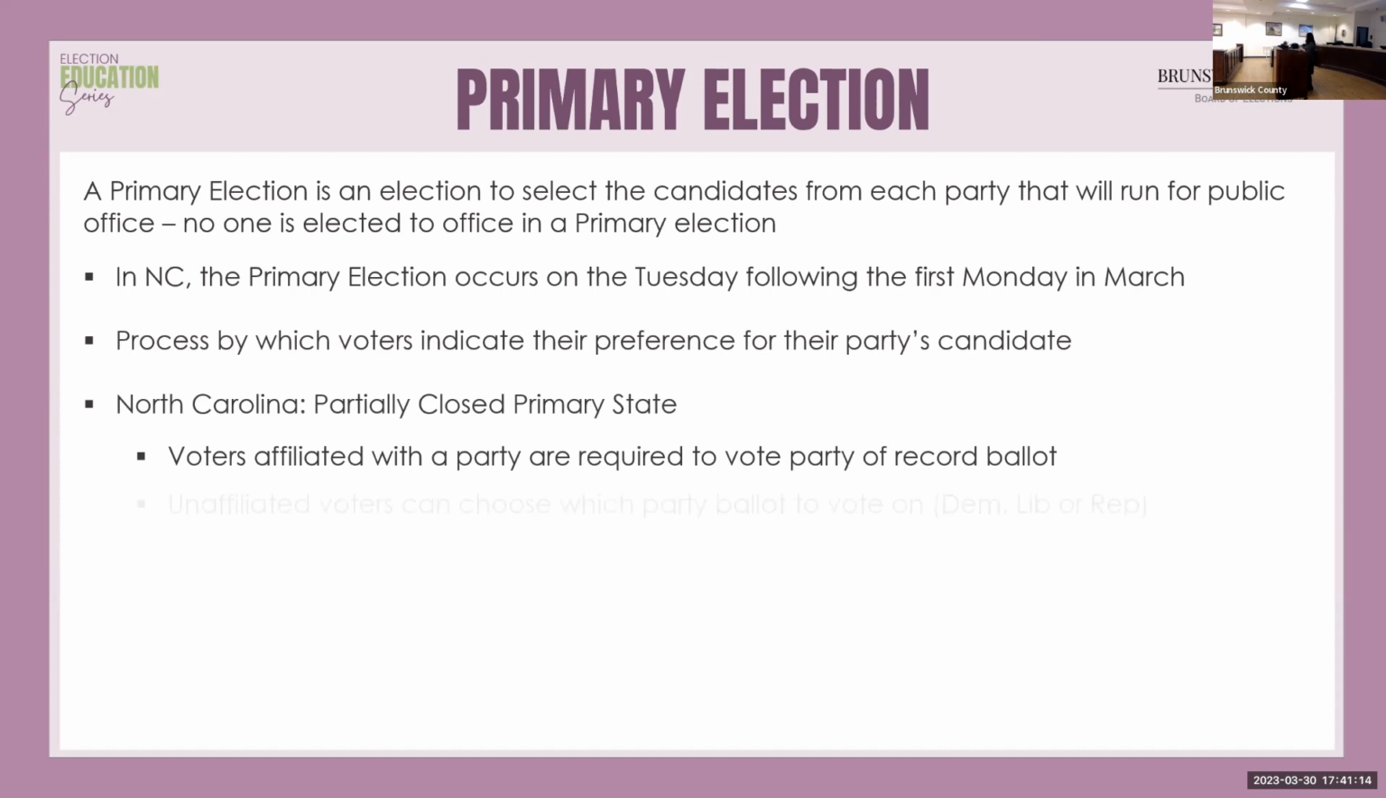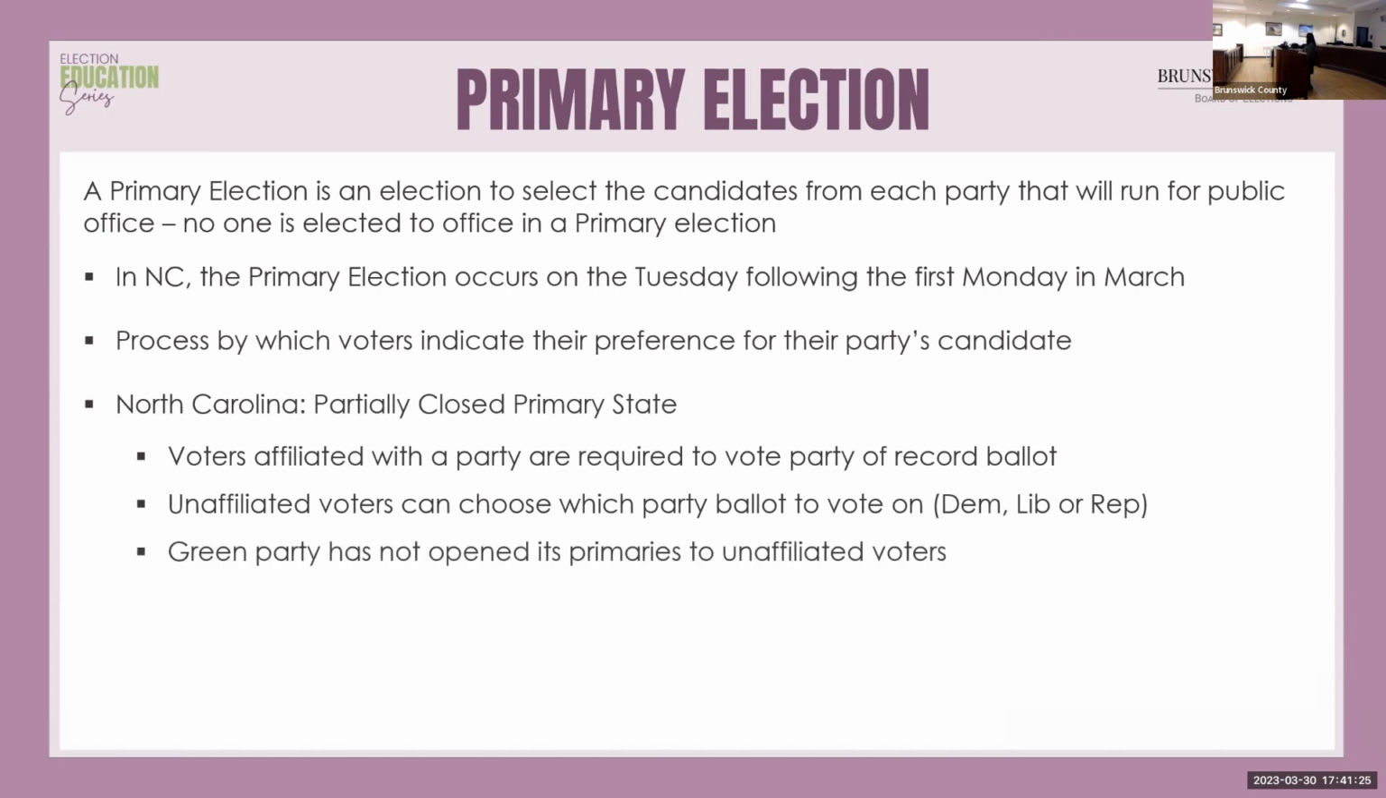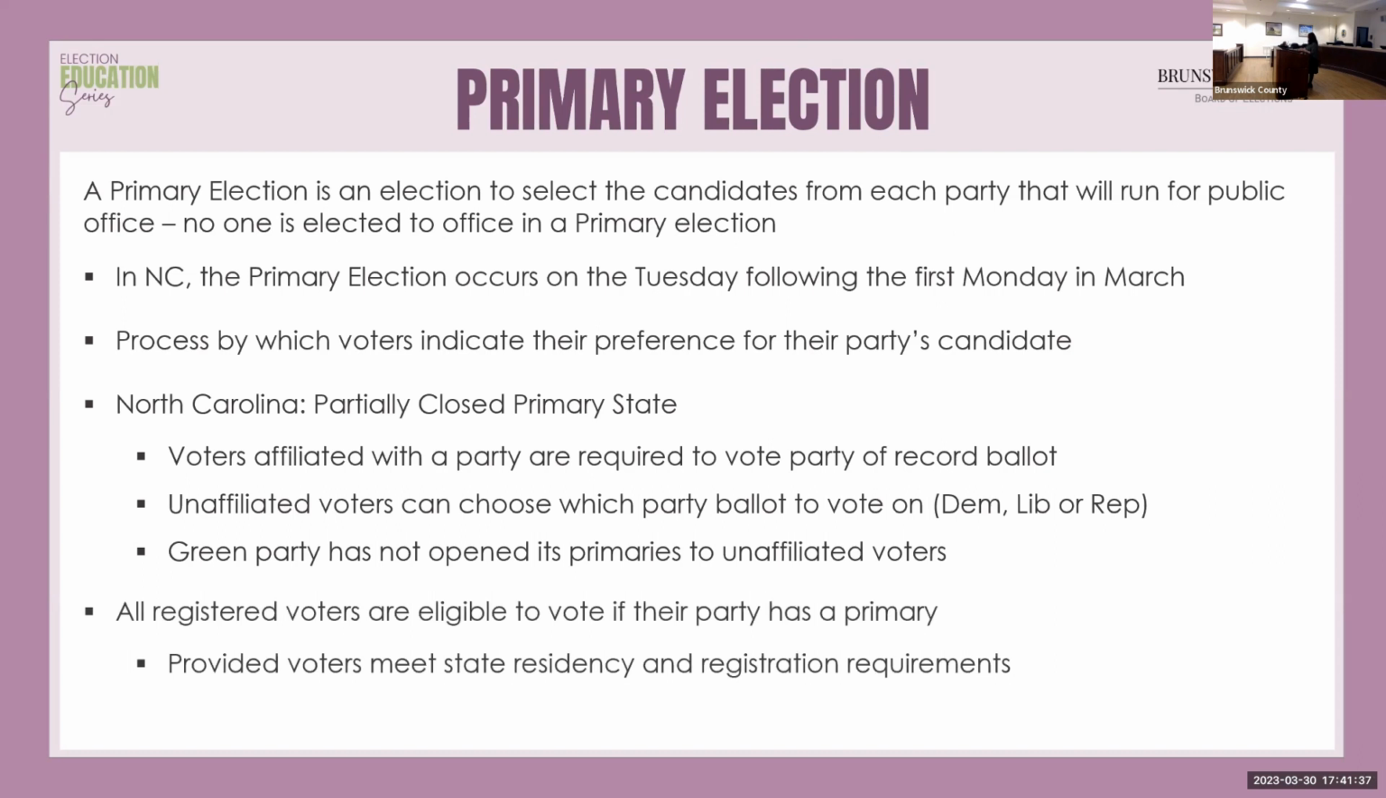Unaffiliated voters can choose which ballot they want to vote on, but they can only choose one, either the Democratic, Libertarian, or Republican ballot. Currently, the Green Party has not opened their primaries to unaffiliated voters, so only those registered with the Green Party can vote in a Green Party primary. All registered voters are eligible to vote if their party has a primary, provided the voter meets state residency and